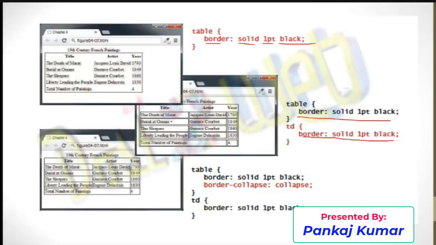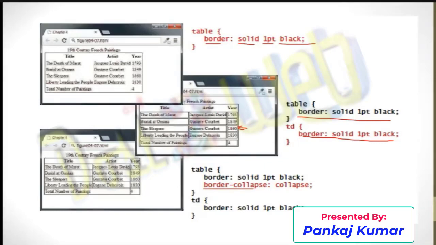Even so, you can see that it's getting something collapsed. There is no space and all. If you want to give proper spacing, then just use border collapse here. You can see here the difference between this and this. There is a little gap between the border of the main table and the table data.